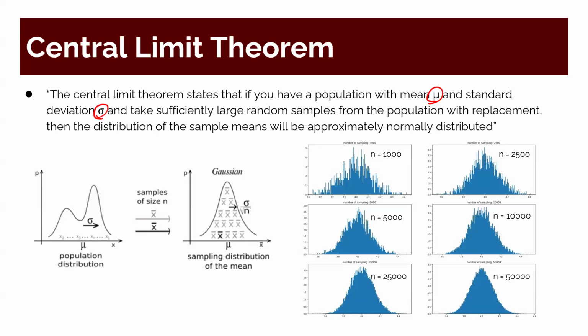So if you take sufficiently large random samples from the population with replacement, then the distribution of the sample means, this is called the sampling distribution,